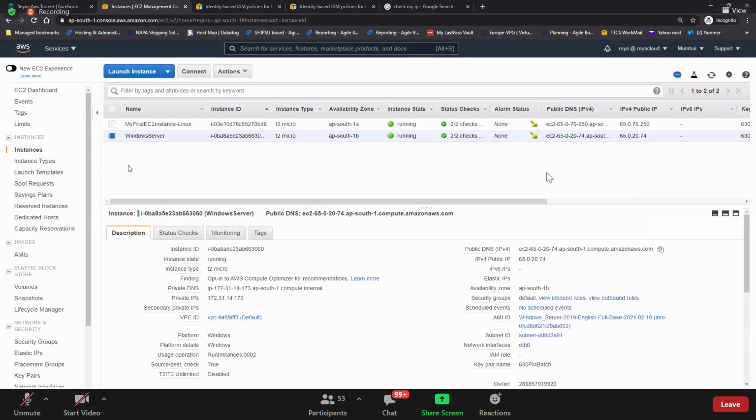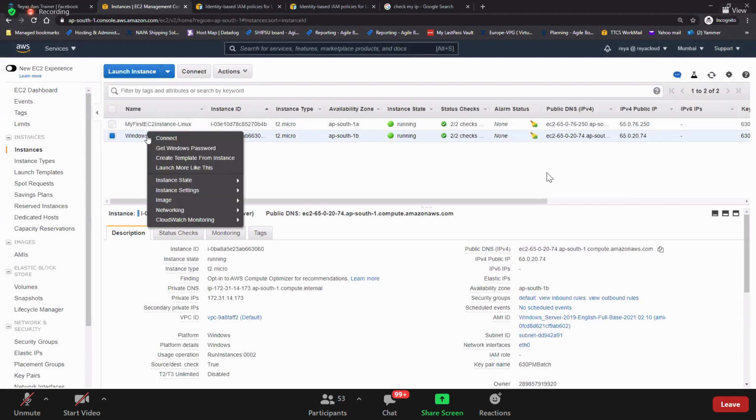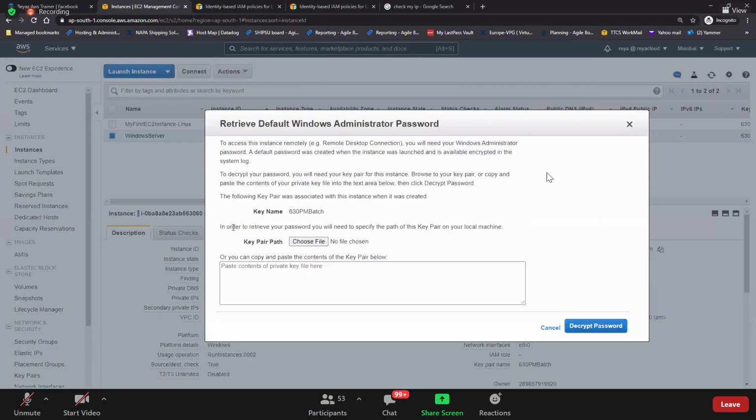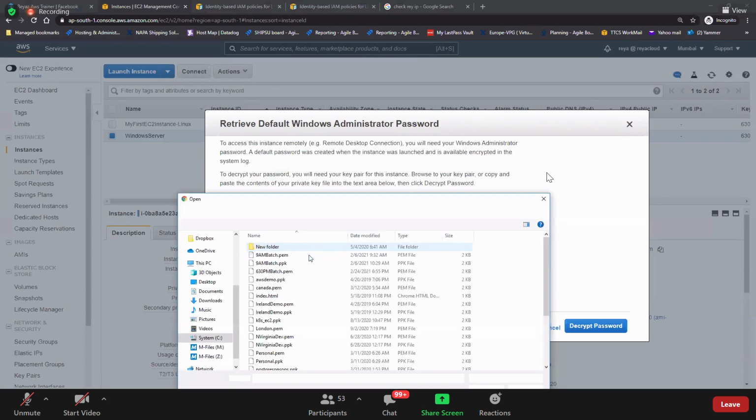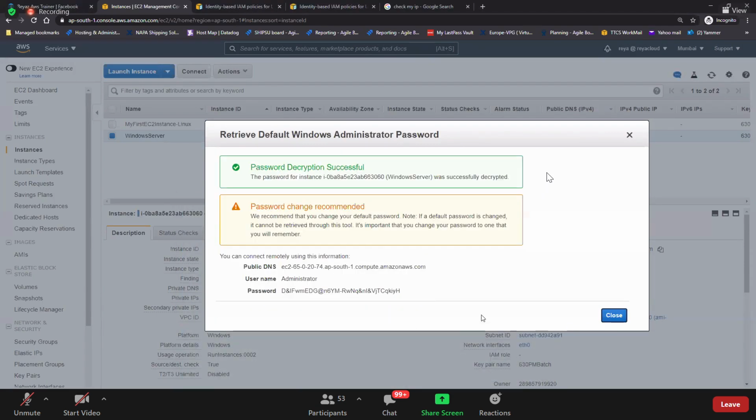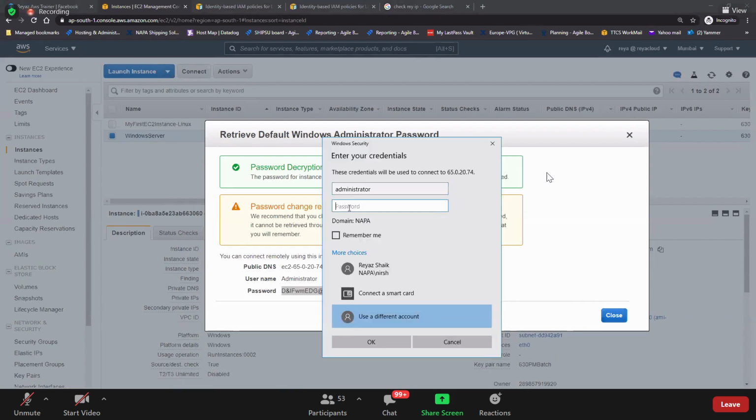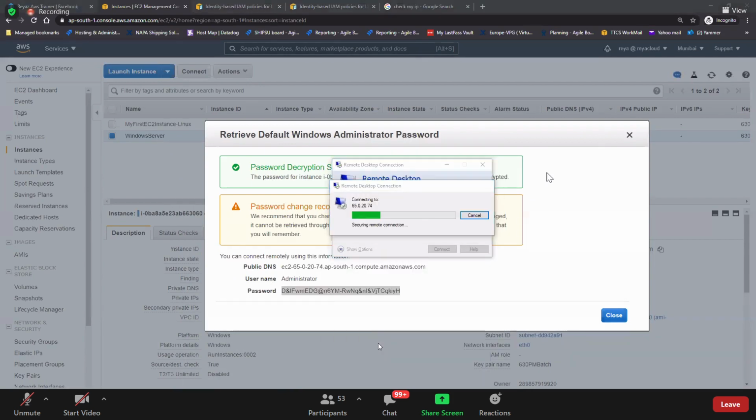I'll do it again. See how to retrieve the password. Right click, get Windows password. Choose your PEM file, decrypt it. You'll get it. And then put that password here and then connect. Click on yes.